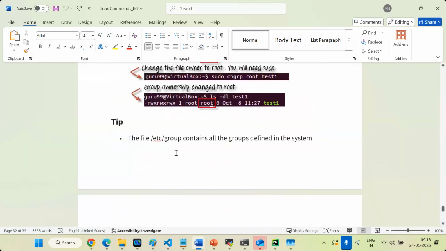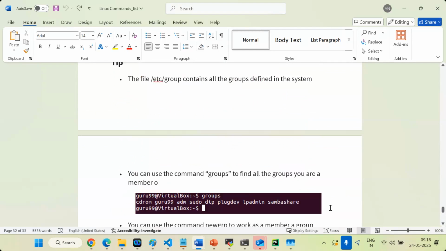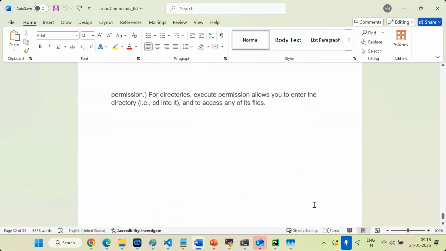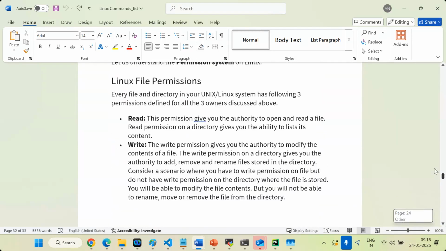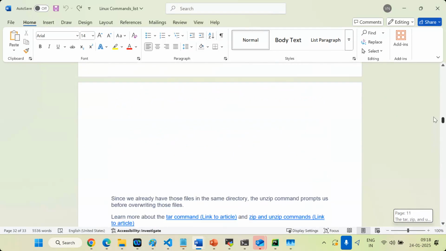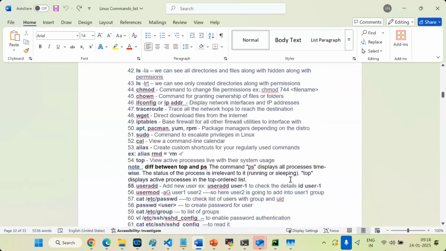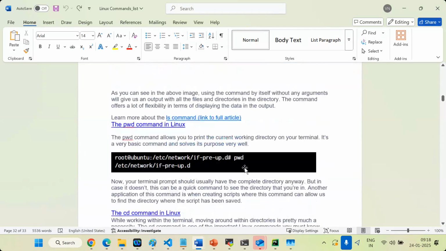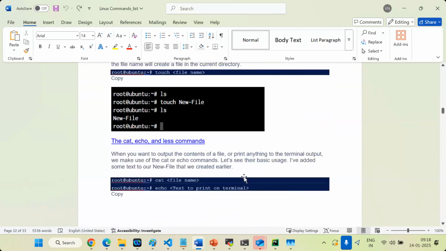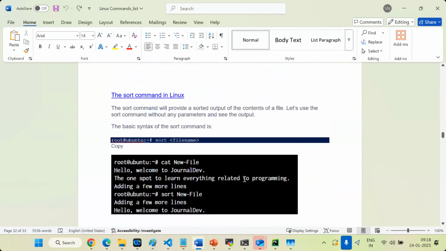So let's go to here. So vi sudoers file we can open. Let me show you where it is.